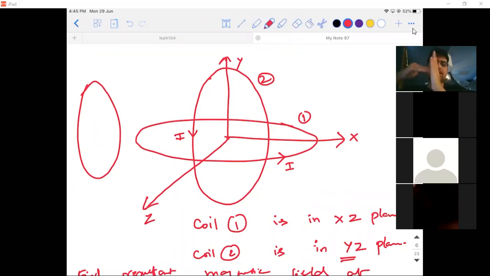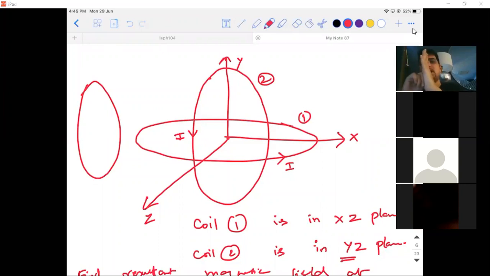So they have the same center. It means the compass is kept here and one circle is drawn in this way; for the other one, the compass is kept here and the circle is drawn in this way. So they look like this. When I draw it diagrammatically, they are crossed with respect to each other with the same center. They have the same radii.